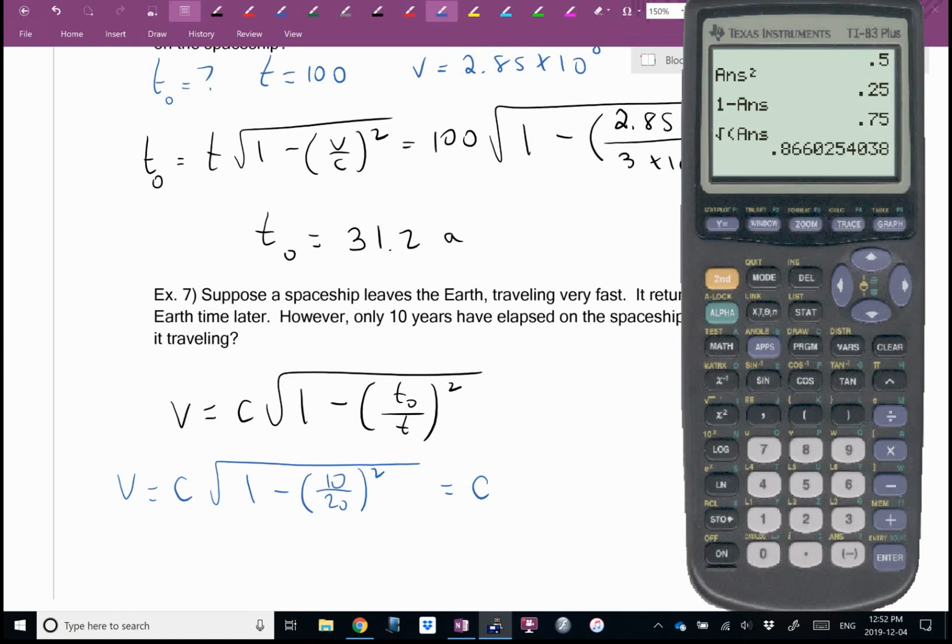Okay, so you went 10 divided by 20. Type 10 divided by 20. Hit equals. And then do the squared. Hit equals. Then do the 1 minus that. Hit equals. And then what's the last thing we have to do? Square root. And hit equals. And you should have 0.86602, that. Yes? So what I have is C